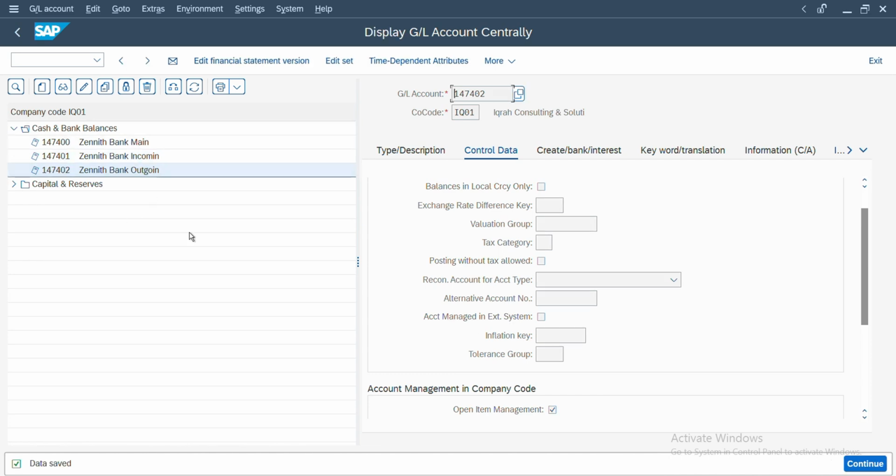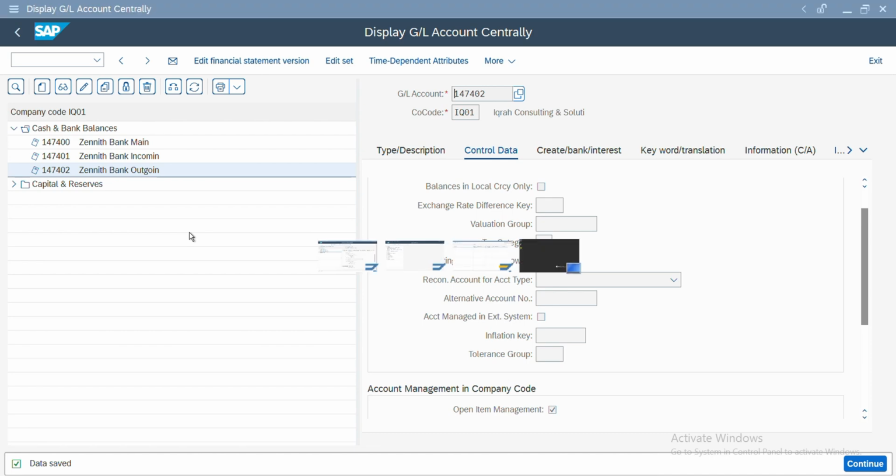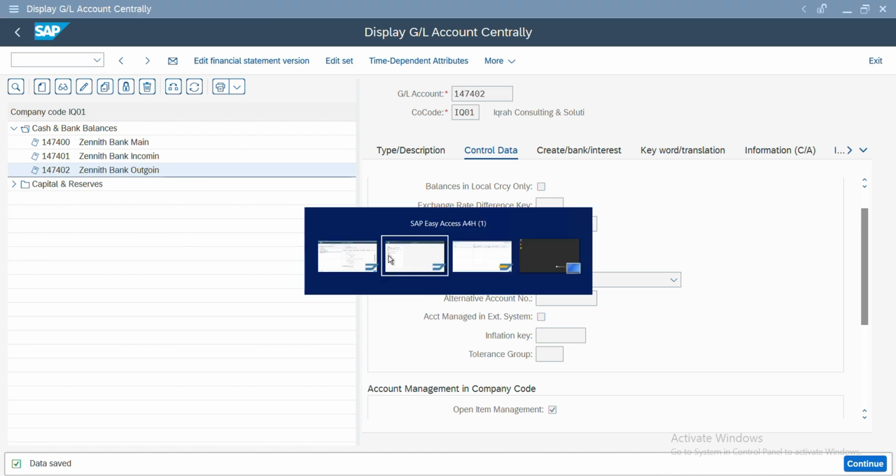The next thing we need to do, right? Now we have created a bank GL. So what do we do first? We need to also create a house bank. We need to create a house bank. So what is a house bank, right? So let me go back to my Excel sheet, and then